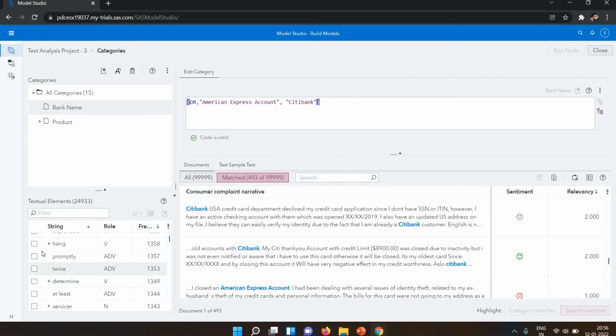This is the adverb, this is the noun. Now you can also check the frequency, how many times it occurs in my text. Okay, so this is done. Also we have here the show autocomplete. Now it will be showing. So this is how we are writing and creating the categories.